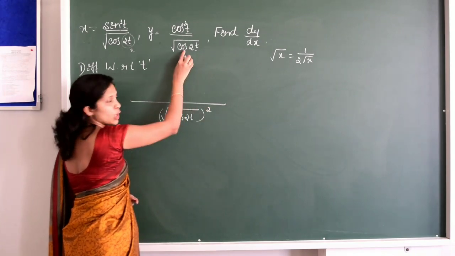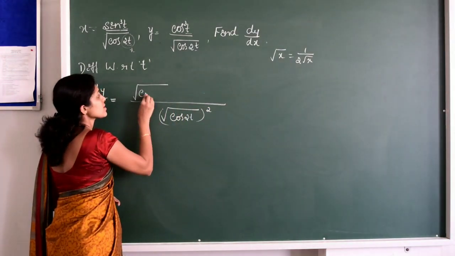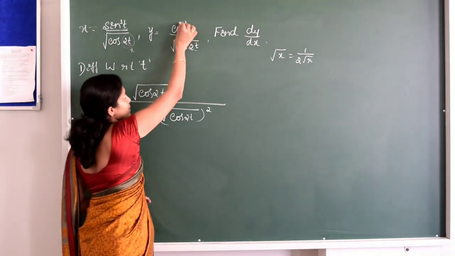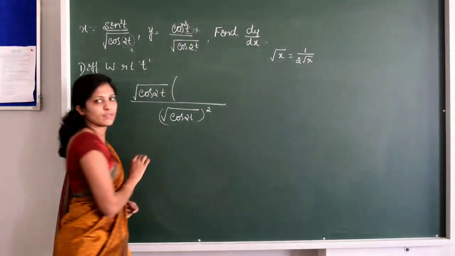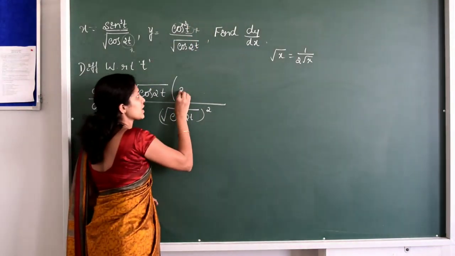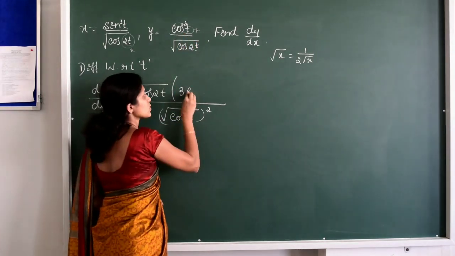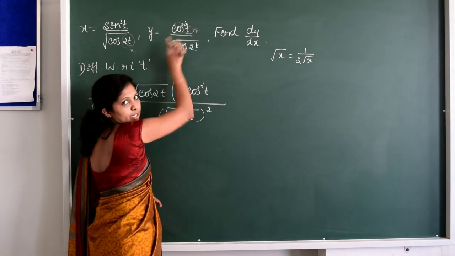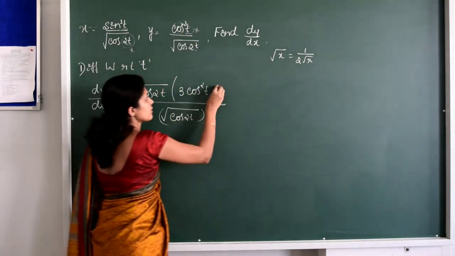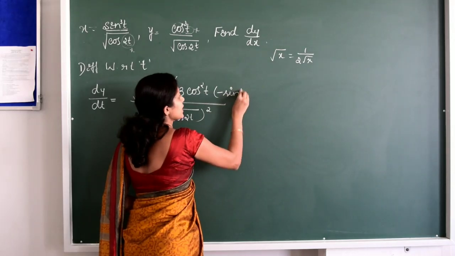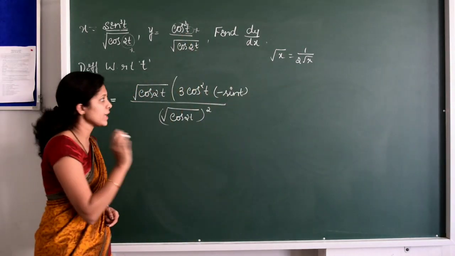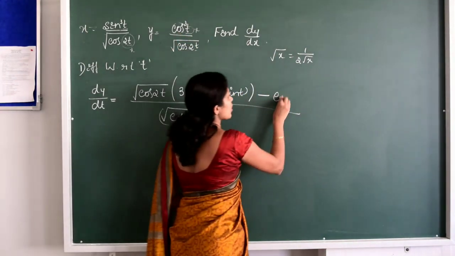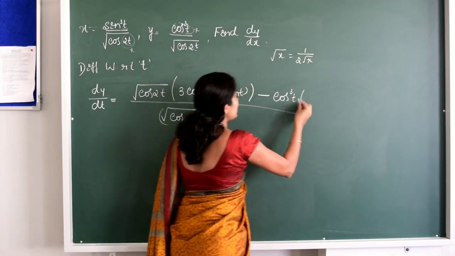Then I have to write the denominator as it is, that is root of cos 2t into the derivative of cos cube t, right? It's of the form x cube, we have to apply the chain rule. The derivative of x cube will be 3x square, that is 3 into, in the place of x, here we have cos, so this will be now cos square t into, then we have done the cube, now we have to find the derivative of cos t. The derivative of cos t will be minus sin t into the derivative of t with respect to t will be 1, minus. Is it clear?